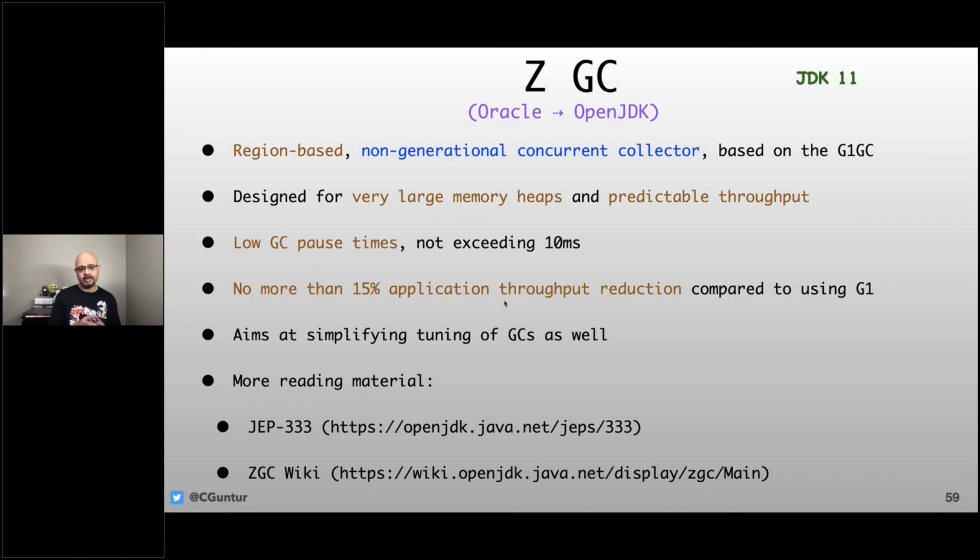And one of the guarantees it gives you is no more than 15% application throughput reduction compared to using any other GCs. It aims at simplifying the tuning. So there are exactly 5 different tuning options that you get compared to the 70 we had in the